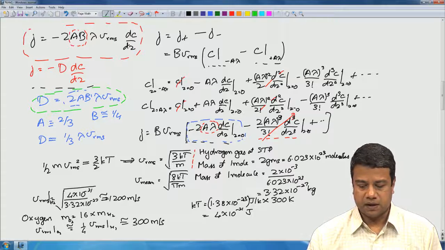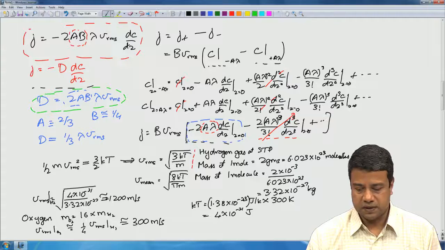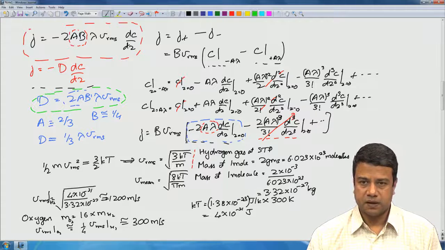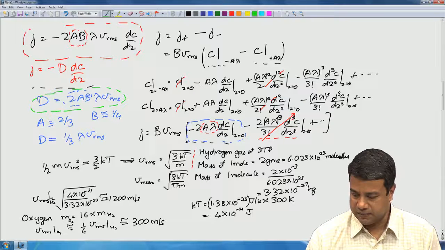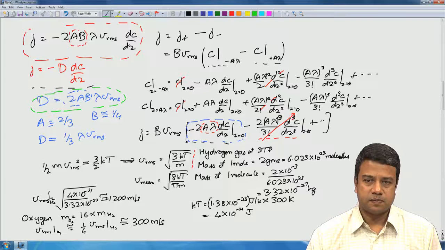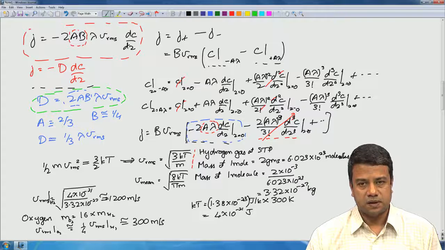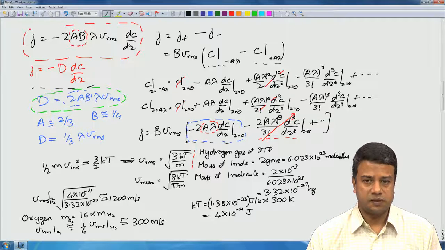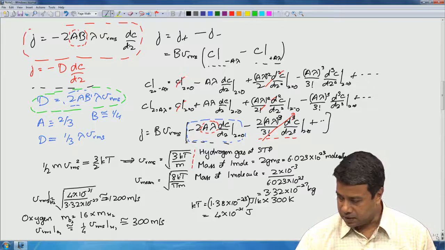We had estimated in gases what the root mean square fluctuating velocity is, and what the mean free path is. The root mean square of the fluctuating velocity is comparable to the speed of sound in the gas, so it is about 300 meters per second in gases like oxygen, nitrogen and air. In small molecule gases, it is significantly higher because the diameter is lower. The mean free path varies approximately between about half a micron and 0.01 microns. We had done that calculation